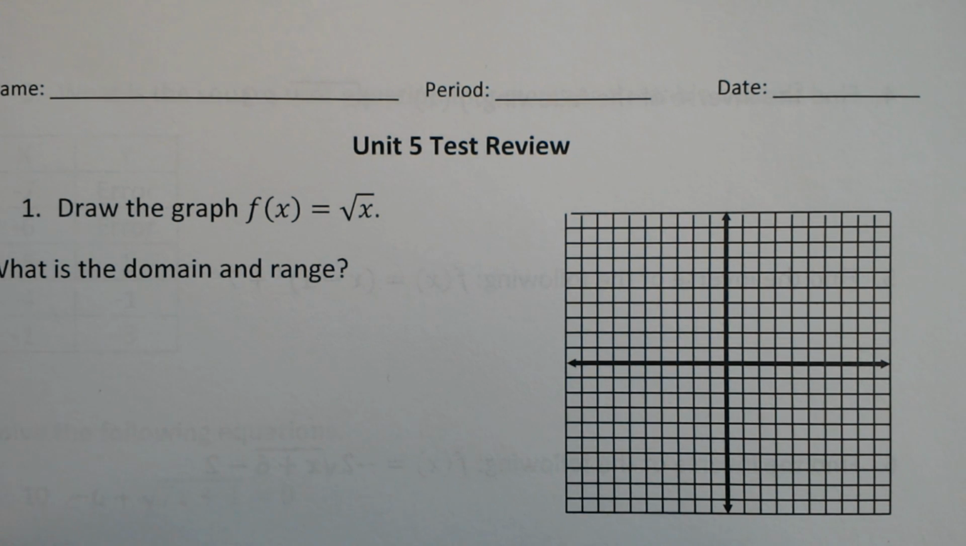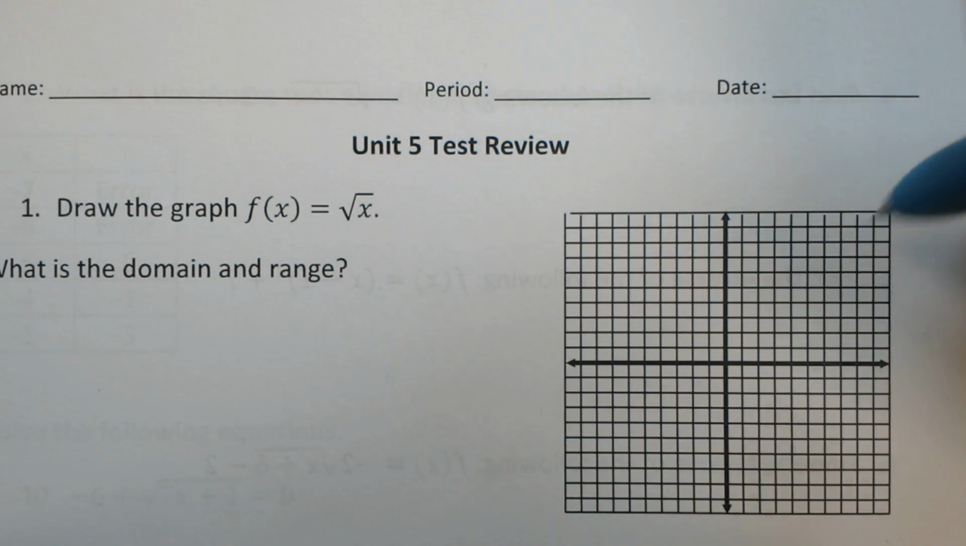This is the Unit 5 review. Number 1 says draw the graph f of x equals the square root of x, and it asks what the domain and range are. So the square root